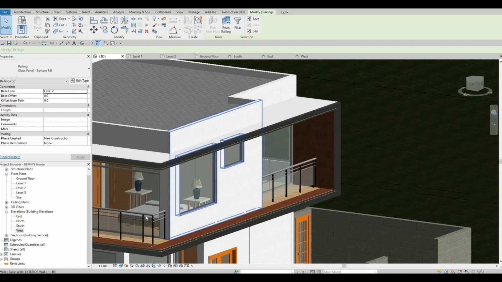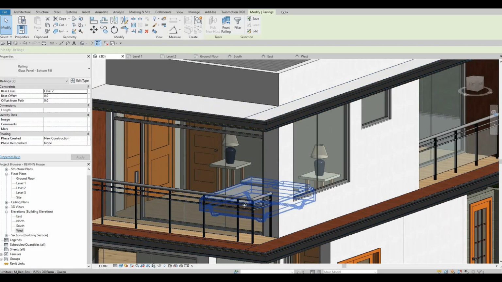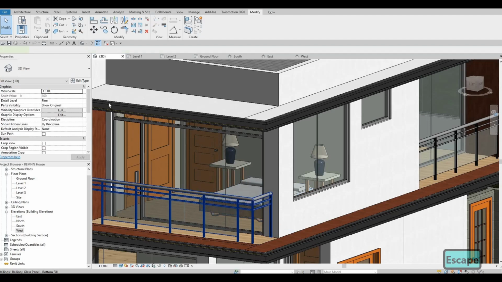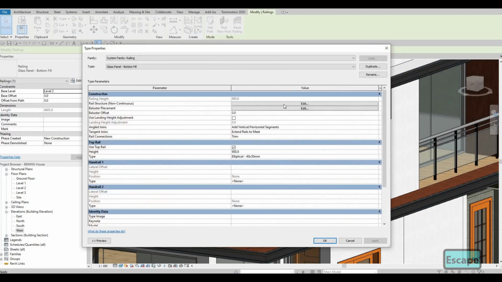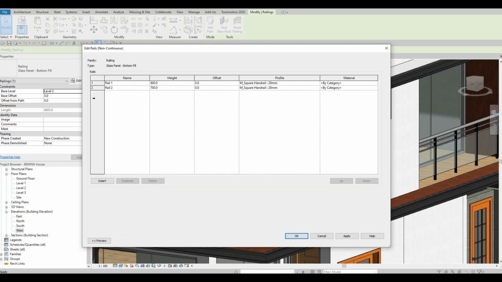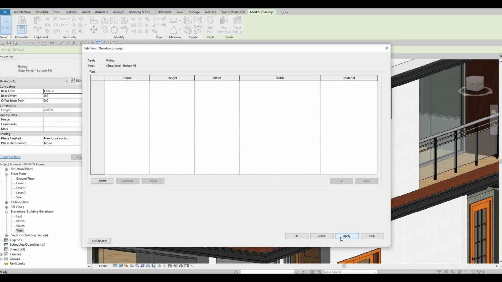But the only thing that I want to delete here is, I'm going to edit, and the edit I don't like the railings. Delete, delete. Apply,